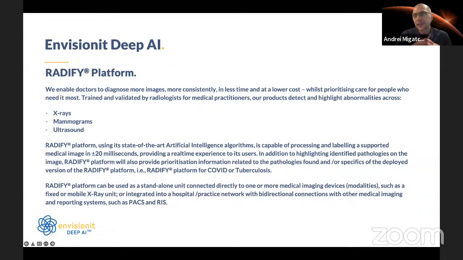We've created a number of different platforms, but today I will be talking about the Redify platform, which is a platform that uses artificial intelligence in radiology images. So medical imaging, but specifically X-rays, ultrasound, and going into CT, MRI, and other modalities. At the moment, the Redify platform is designed and capable of detecting numerous different pathologies on a chest X-ray,